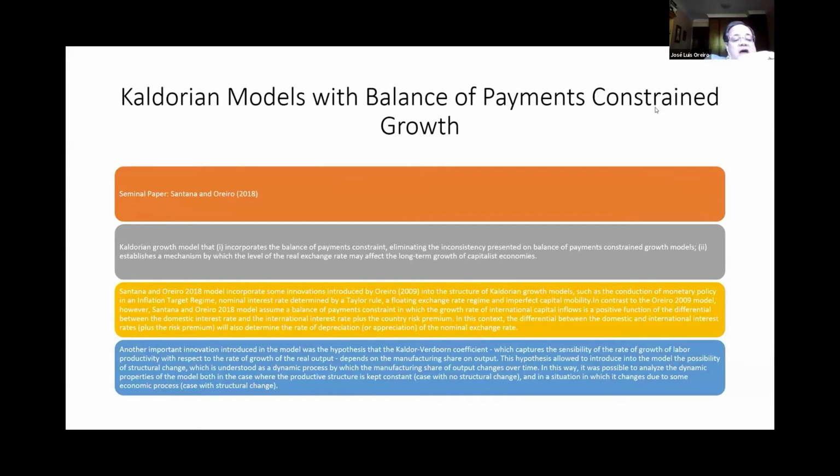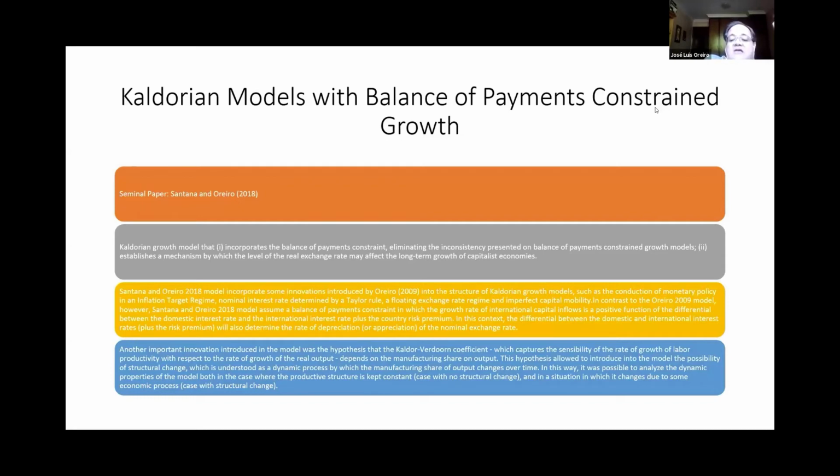We developed a Kaldorian growth model that, one, incorporates the balance of payments constraints, eliminating the inconsistency presented in balance of payments constrained growth models. Two, establishes a mechanism by which the level of the real exchange rate may affect the long-term growth of capitalist economies. The Santana and Oreiro 2018 model incorporates some innovations introduced by myself in an article published in 2009 into the structure